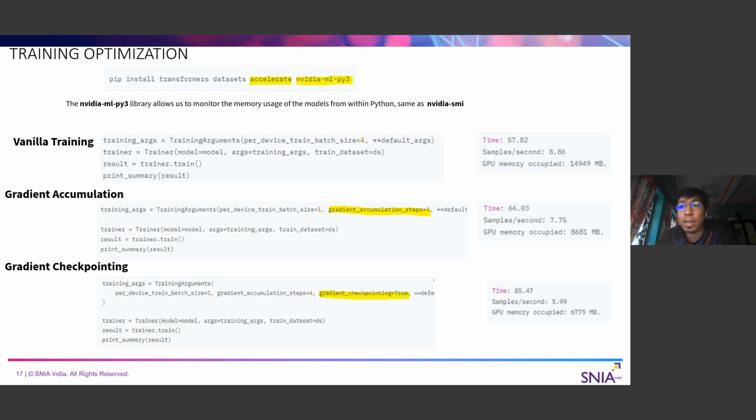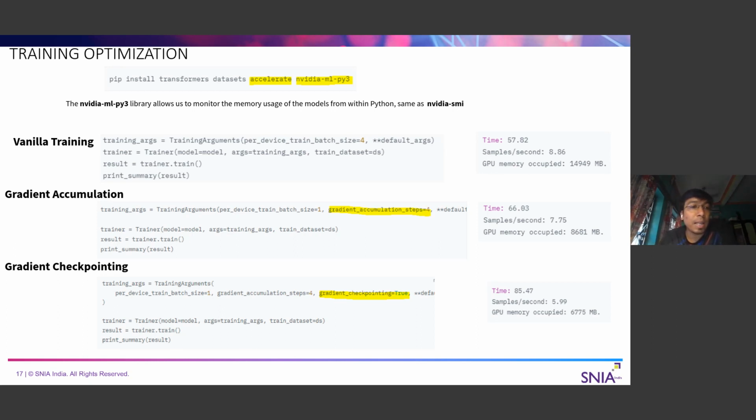So we'll accumulate the gradient for 4 iterations, and only after that we will go for the parameter changes. Since we are not changing the parameters every time, as you can see, the GPU utilization is going down. We don't need that much GPU now. But since we decreased the per device batch size, the training time got increased.